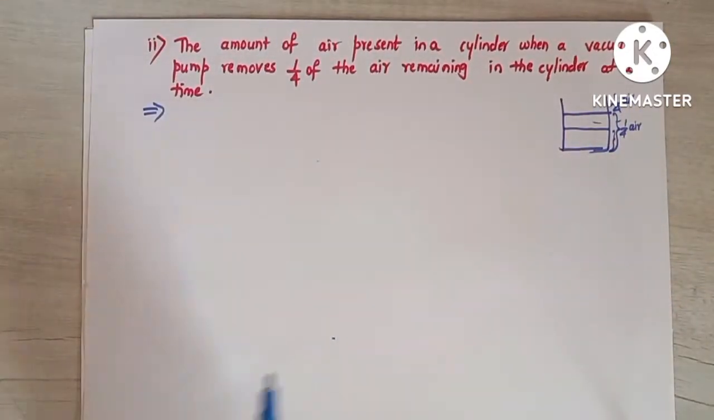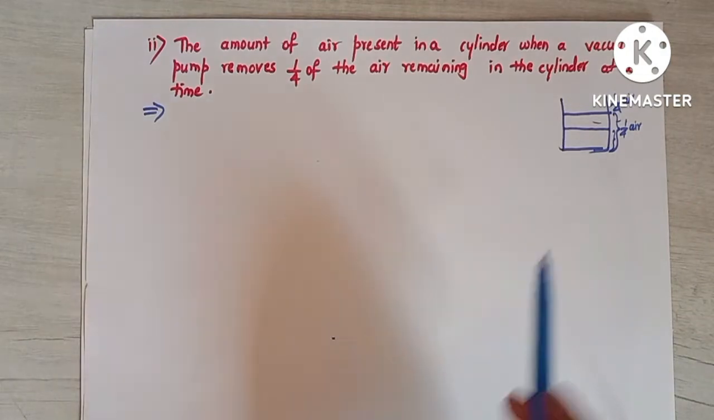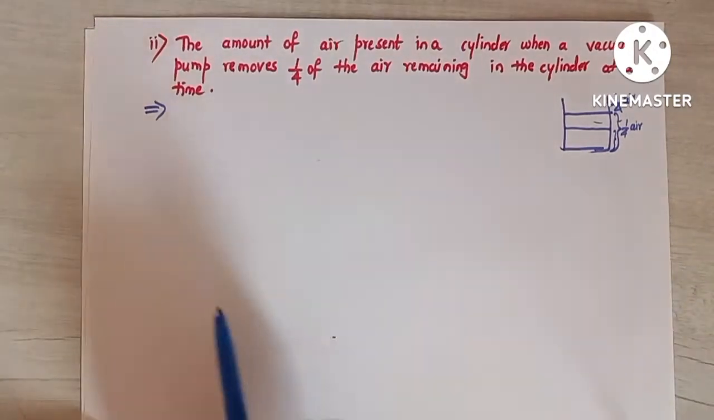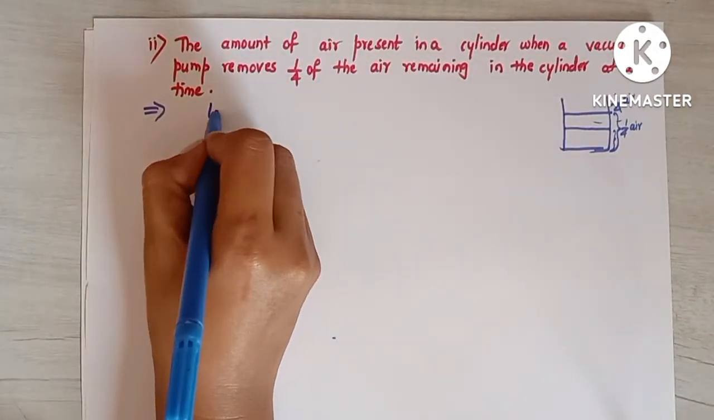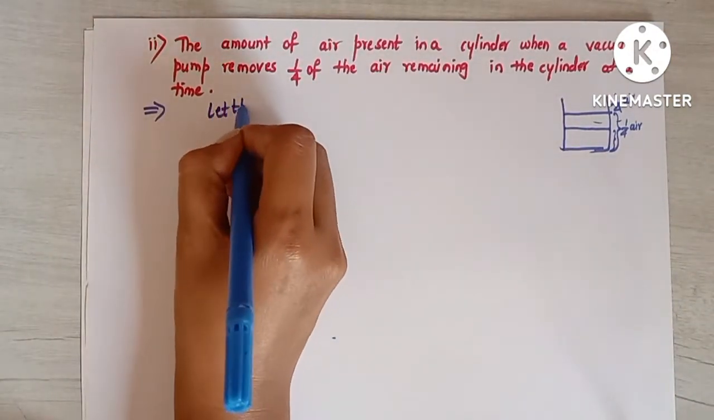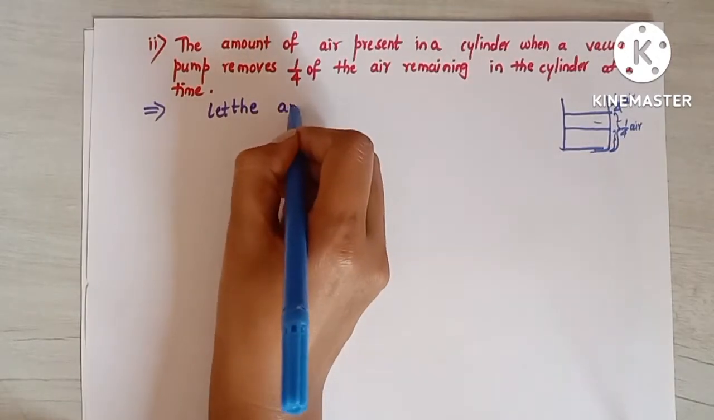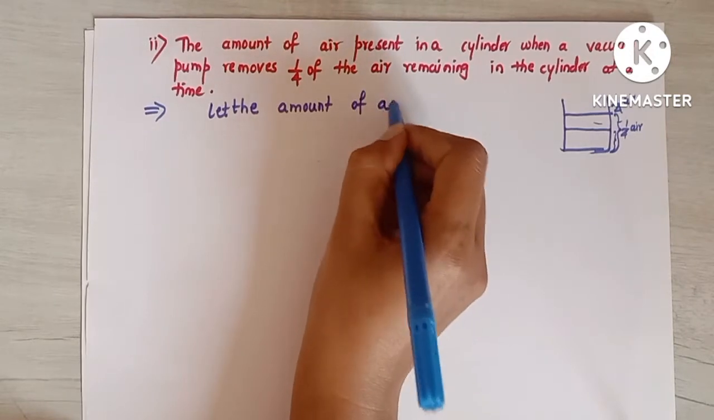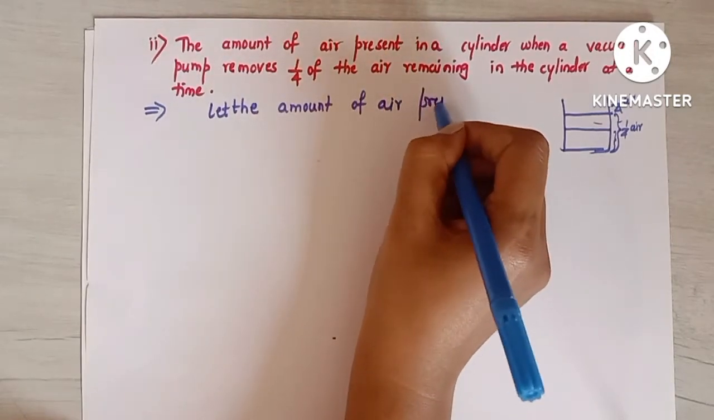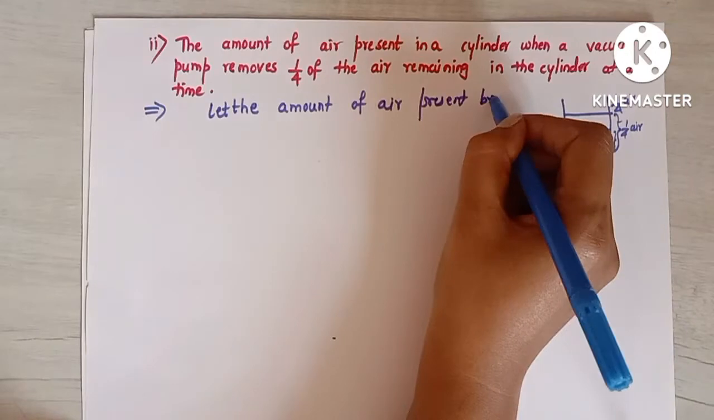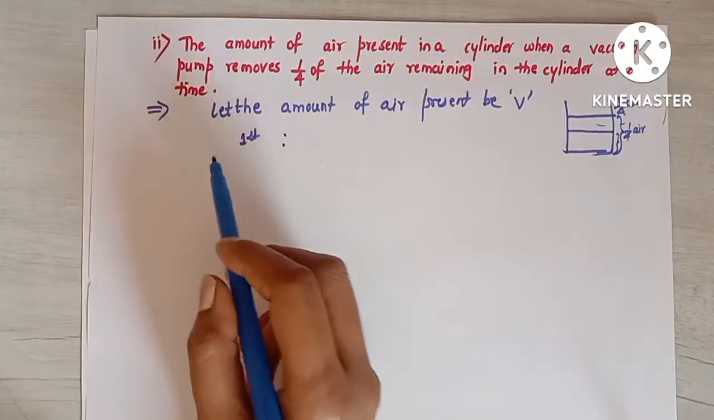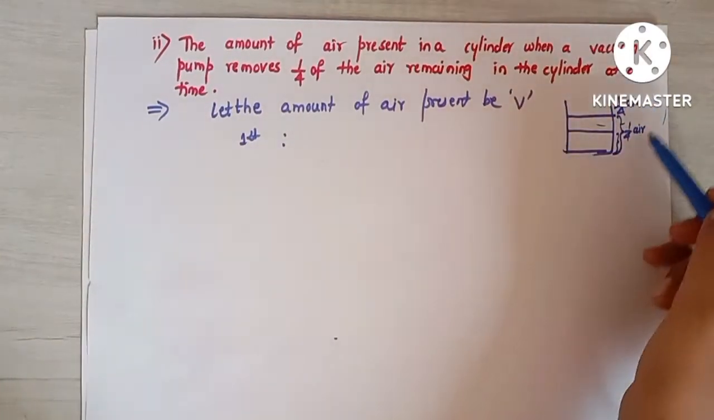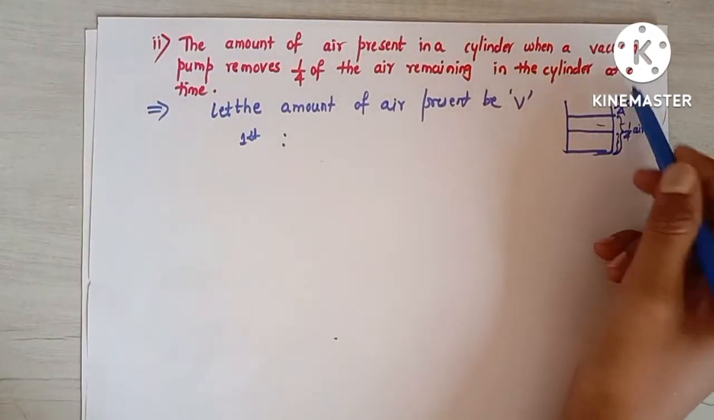So let us take the amount of air present in the cylinder to be V, that is volume. So for the first pump, the amount of air present in the cylinder is this total